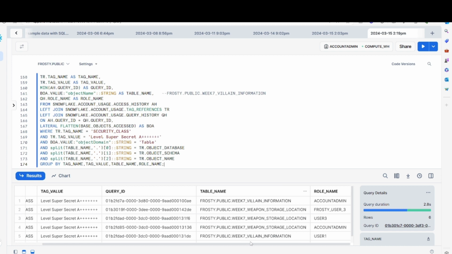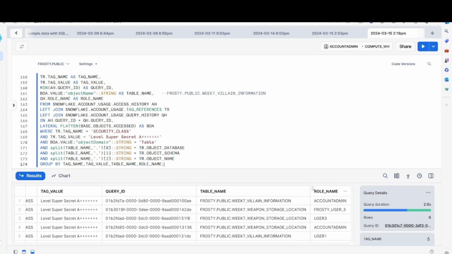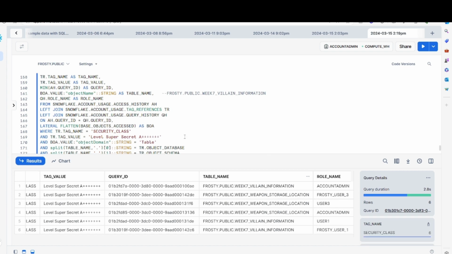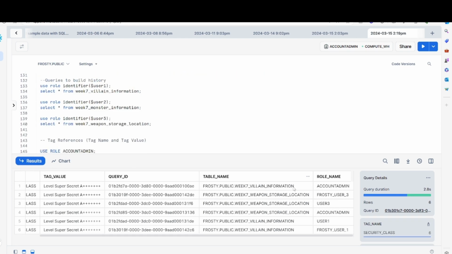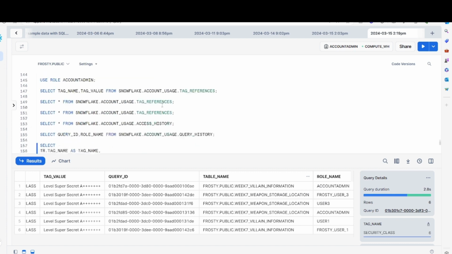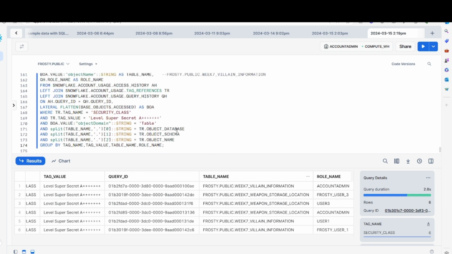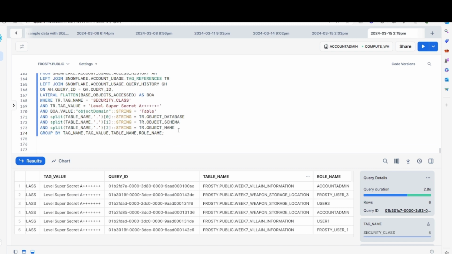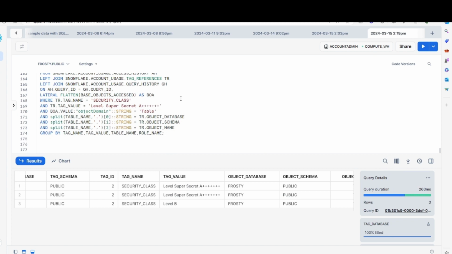Okay, I've got quite a few because I think, oh, because I've already done this, right? So I've done this before. So we have, let's click Frosty user 3, Frosty user 2, right? So let me just quickly do, so looking into this,